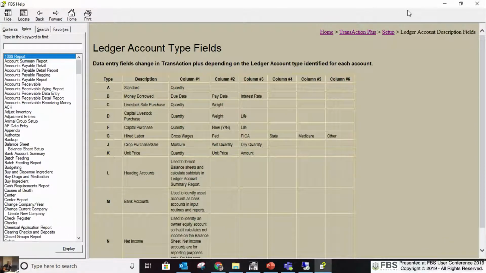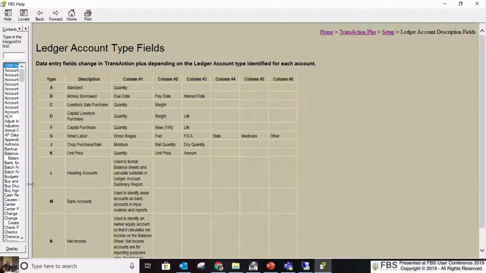So when we talk about types, this is basically the columns that are going to show up on your input screen for you to utilize. A standard one, you always have a description column and a quantity column. So on entry screens,